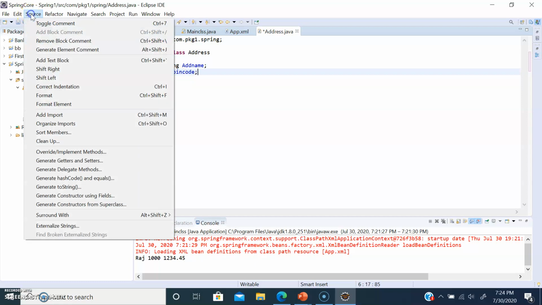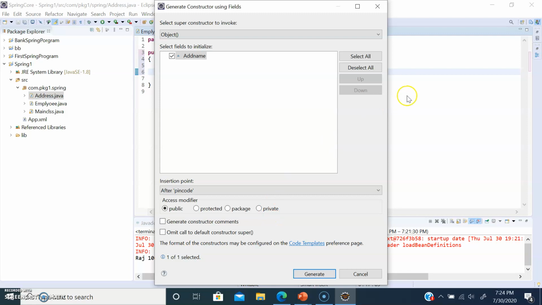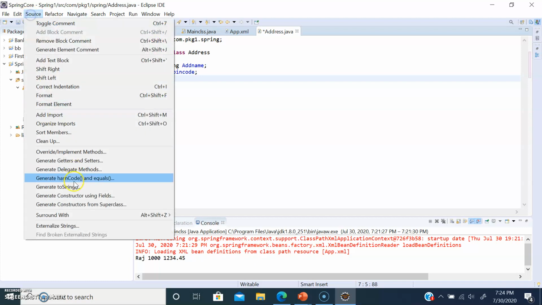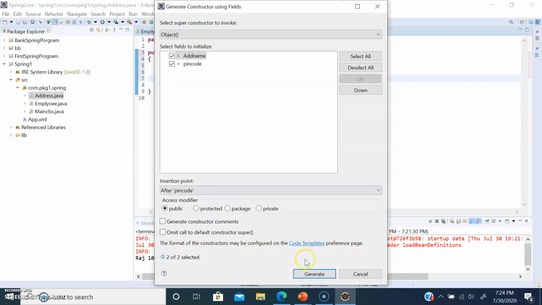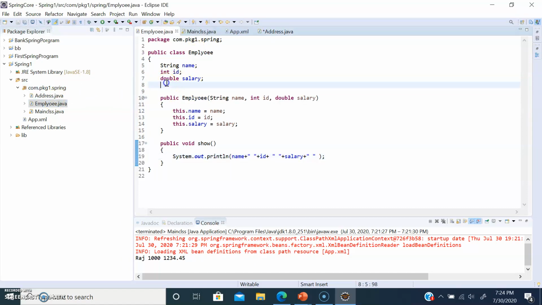Let me go and create a constructor. Okay, I created a constructor for this respective class, and I'm going to the Employee class. I'm going to take an address reference variable A1.